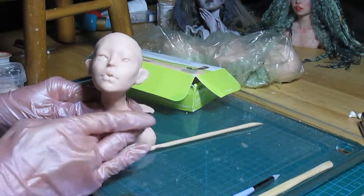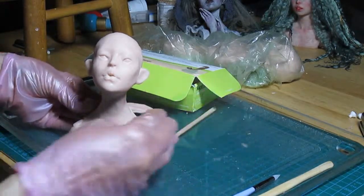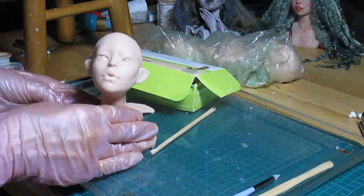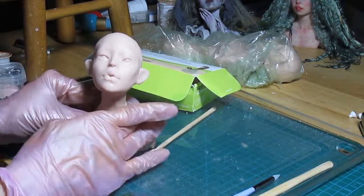Now, usually I make quite a big muscle right in here so that the shoulders kind of taper. That's my attempt to make them a bit more graceful than figures usually are, less